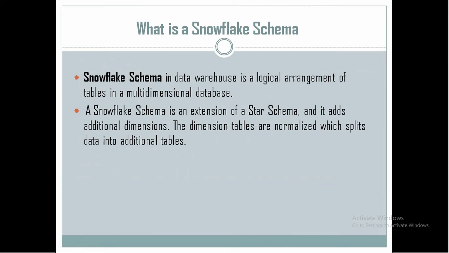It is a method of normalizing the dimension tables in a star schema. When we normalize all the dimension tables, the resultant structure resembles a snowflake with the fact table in the middle. It is used to improve the performance of specific queries. The schema is diagrammed with each fact surrounded by its associated dimensions, and those dimensions are related to other dimensions. It consists of one fact table which is linked to many dimension tables, which can be linked to other dimension tables through a many-to-one relationship.